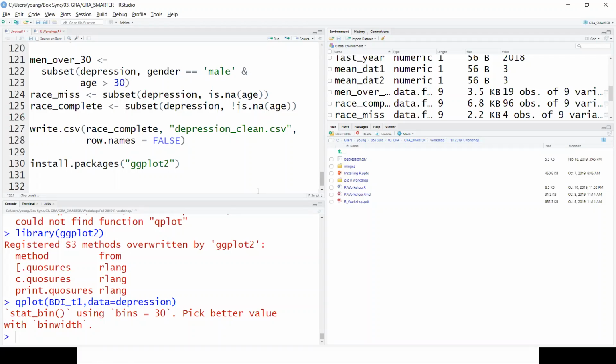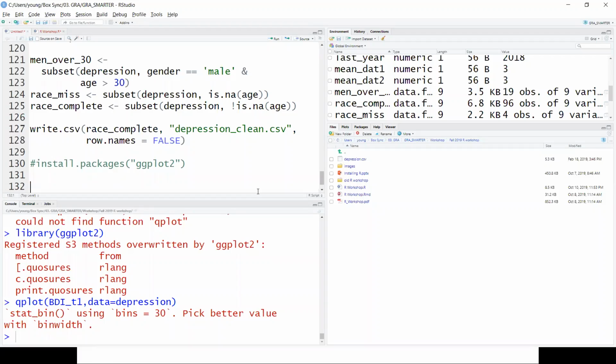Is it working out? Okay, good. You only have to run this once. In fact, I'm going to comment it out so we remember not to run it in the future, unless they come out with a new version, in which case you want to run it again to install the new version.